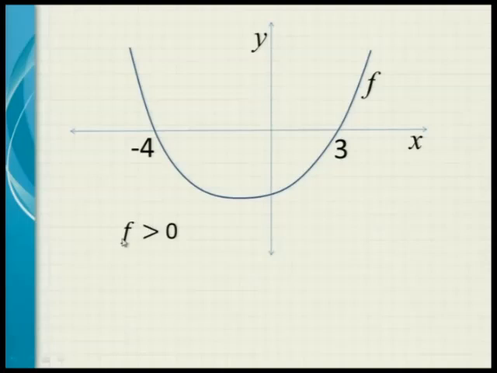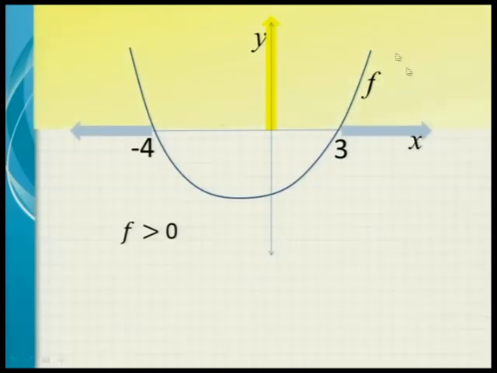Okay? What about this one? Where is f greater than 0? Be careful. Greater than 0. That's not below the line. That's above the line. Where is y, the yellow box value, greater than 0? It's here above the line. So we are looking at this area here and that area there. Remember, all in yellow is positive. Where is f positive? Greater than 0. That is where x is less than minus 4 or x is greater than 3. Can you see that? Less than minus 4 or greater than 3.